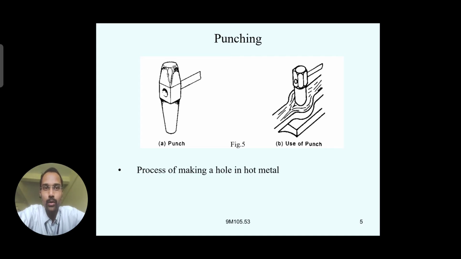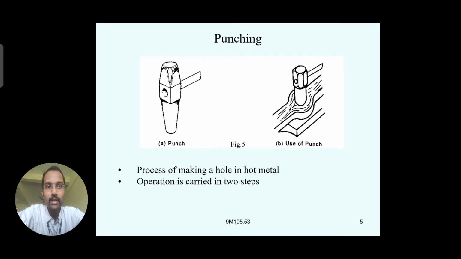If you observe the first diagram at the bottom portion, it may be in oval form, with a tapered section. Not only oval, we also have circular round sections, or square forms, or hexagonal. So differently shaped punches are available according to the requirement or availability. So we can make different types of holes in the hot metals.